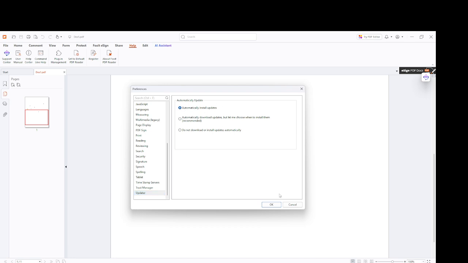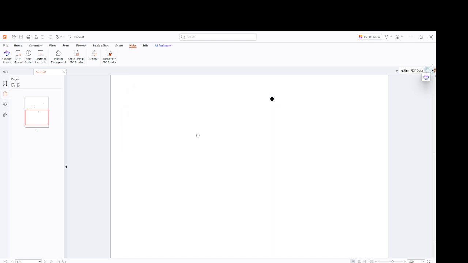Now close Foxit PDF Reader and open it again. From now on, Foxit will check for available updates automatically and notify you when a new version is available. Using this option helps keep Foxit PDF Reader up to date with the latest features, performance improvements, bug fixes, and security updates. If Foxit shows an update notification in the future, simply click Install and follow the on-screen instructions to